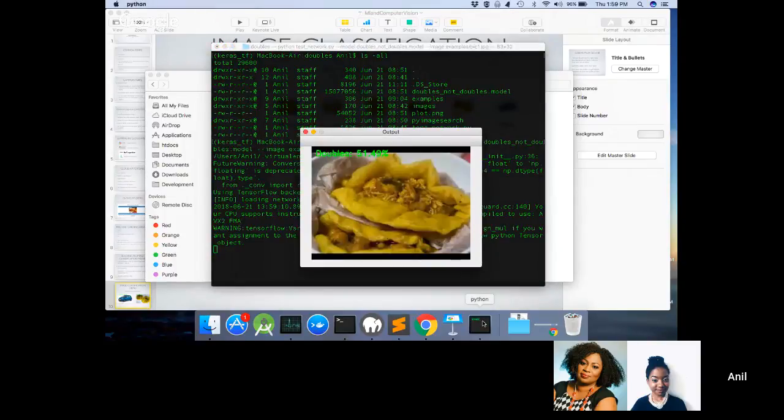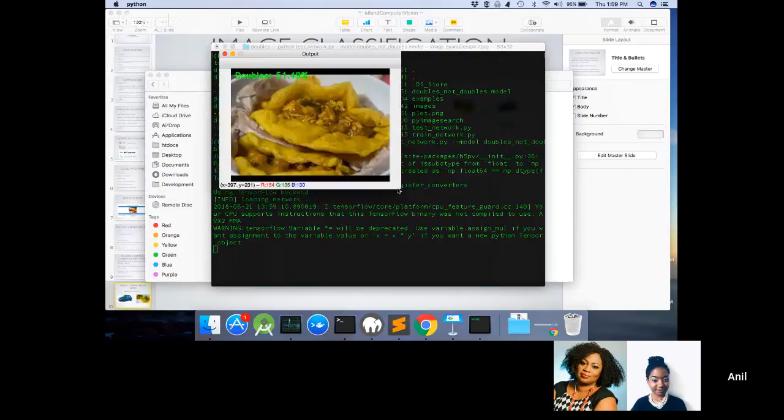Okay, so as you can see, it gives a percentage of recognition. It says 51.49% positive that this thing is doubles. If we were to run it for something else,